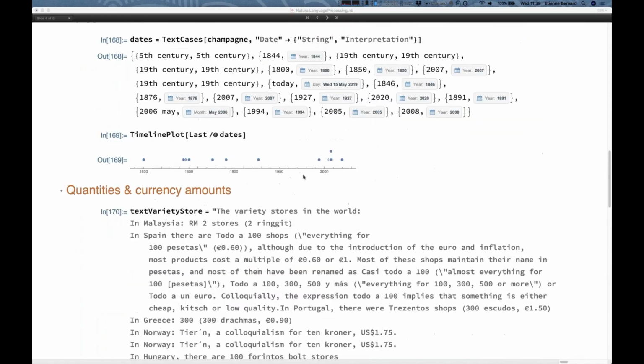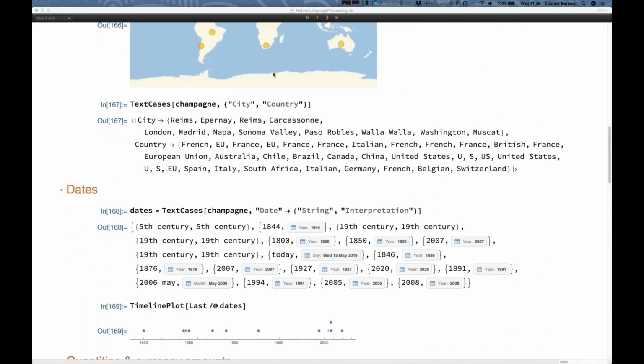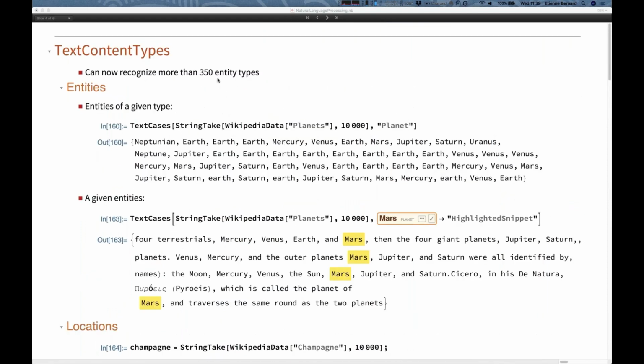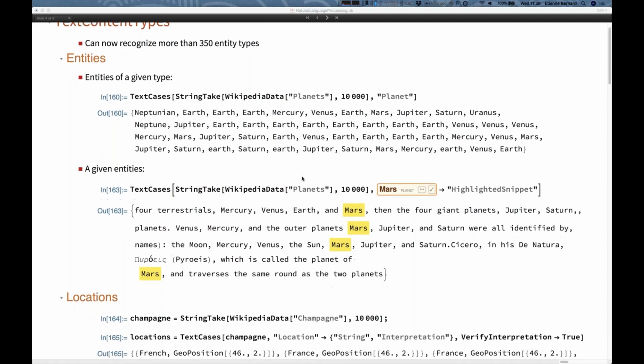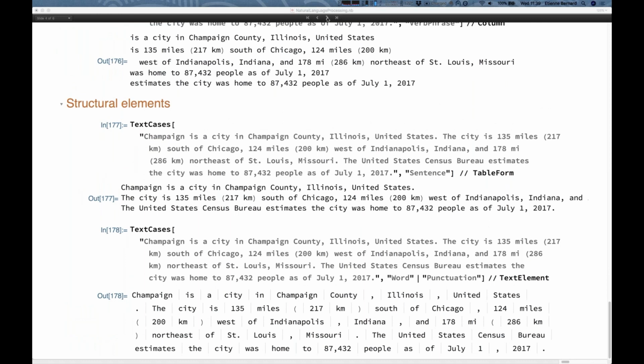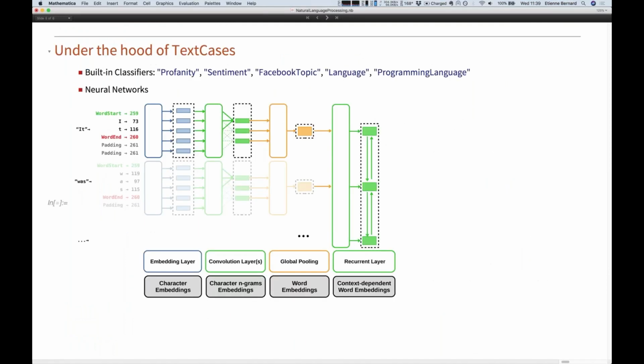I believe that most natural language processing applications are actually this sort of entity and extended entity recognition. At least most of the useful natural language applications are this. So I hope it's going to be used a lot, especially with this new version. And I can tell you a little bit about what's underneath.